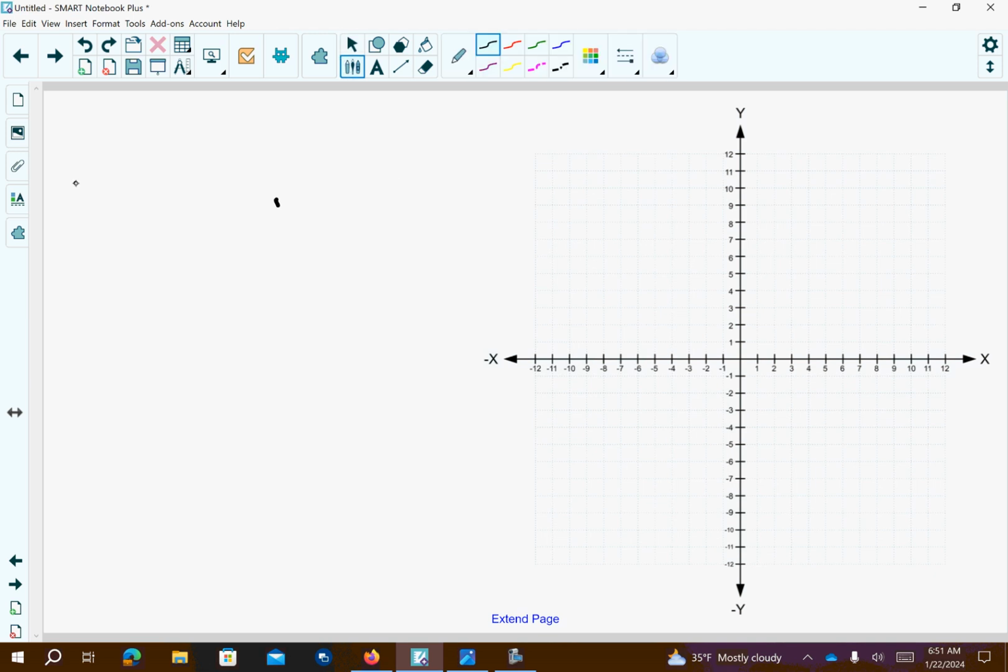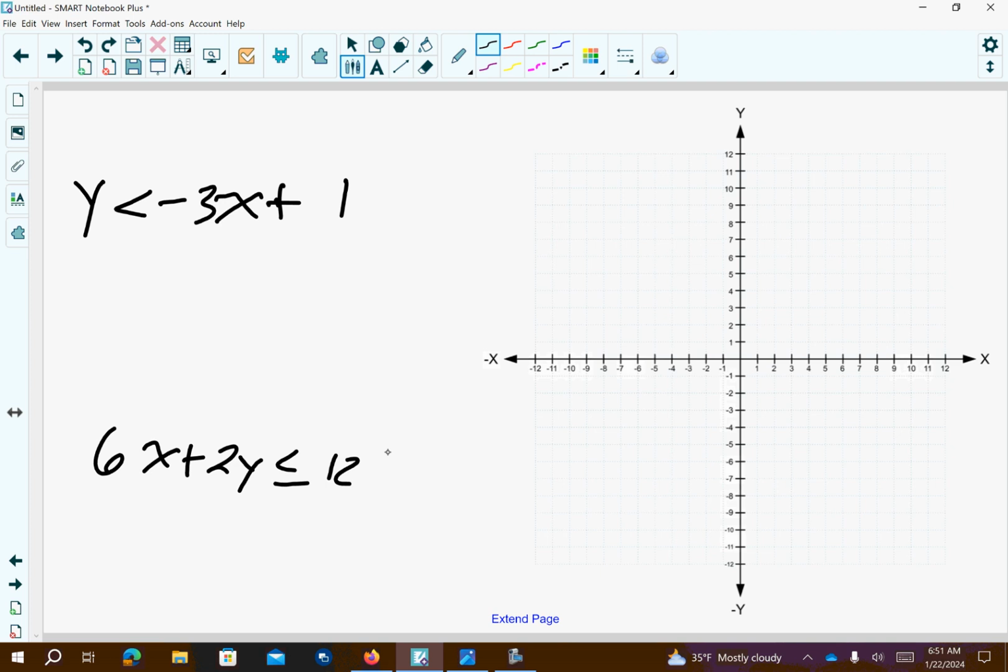Okay, so I have y is less than negative 3x plus 1, and then I have 6x plus 2y is less than or equal to 12. This first one, my y-intercept is at 0, 1, so let's go ahead and plot that. My slope is negative 3 over 1, so from that point I'm going to go down 3, right 1. Because I don't have the equal sign, this is going to be dotted, so make a dotted line connecting those